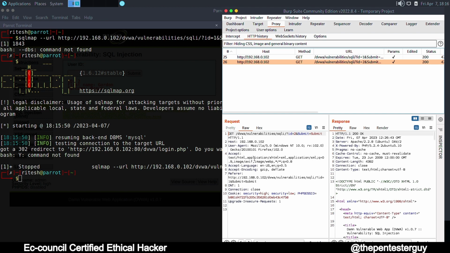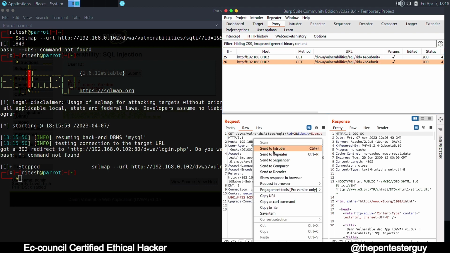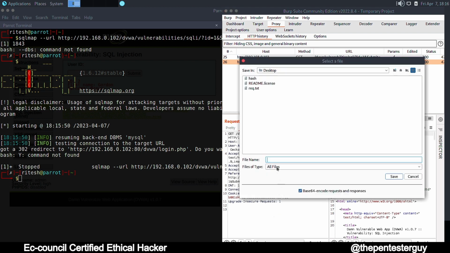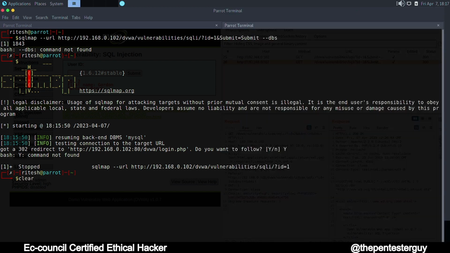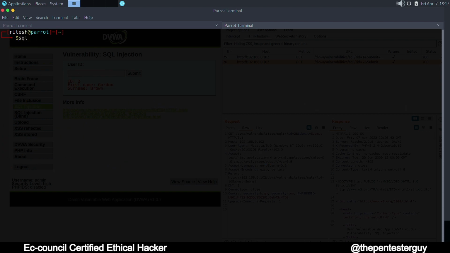And how you can do it is, using a POST based request, we require a file. So we'll right click, and you can see that here we get an option to save item. So we will save this item as request.txt, and we'll hit the save button. We'll replace it, as it already exists. How it will help you is that you don't have to bother about the cookies and sending them using different parameters. What you can do is simply sqlmap,